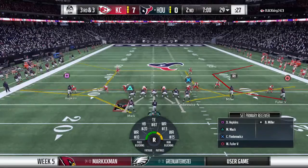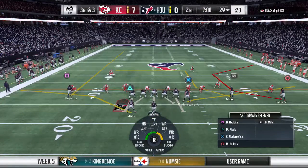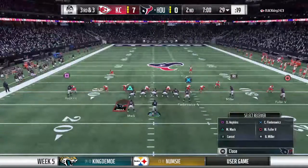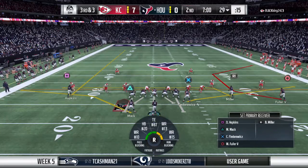Here we go! 1, 9! 1, Ohio! Ohio! Check! Check! Check! Flex round! Flex round! Check,